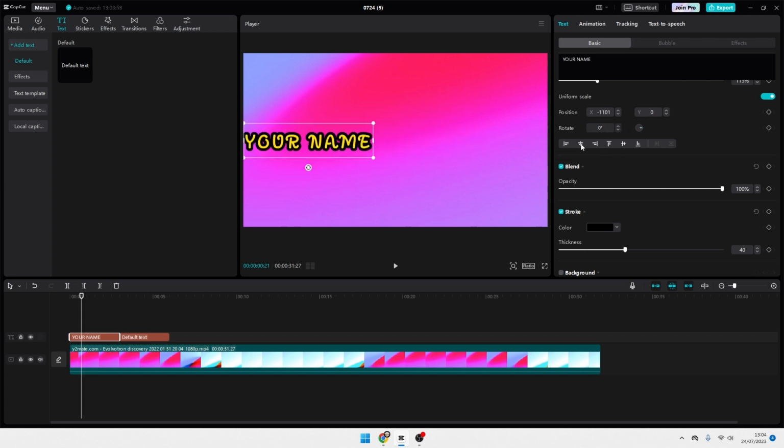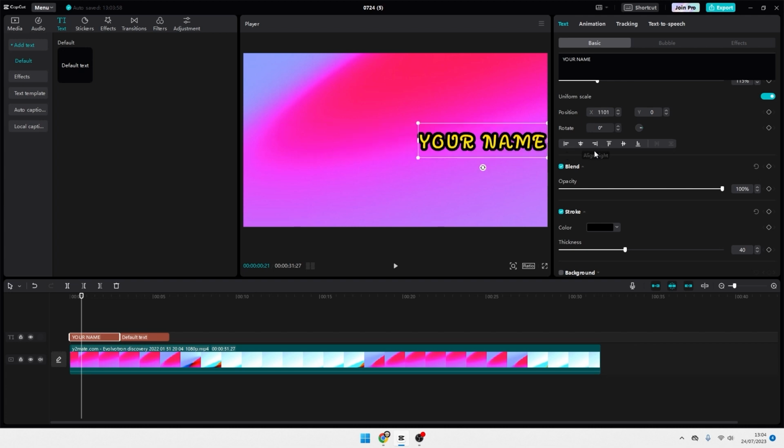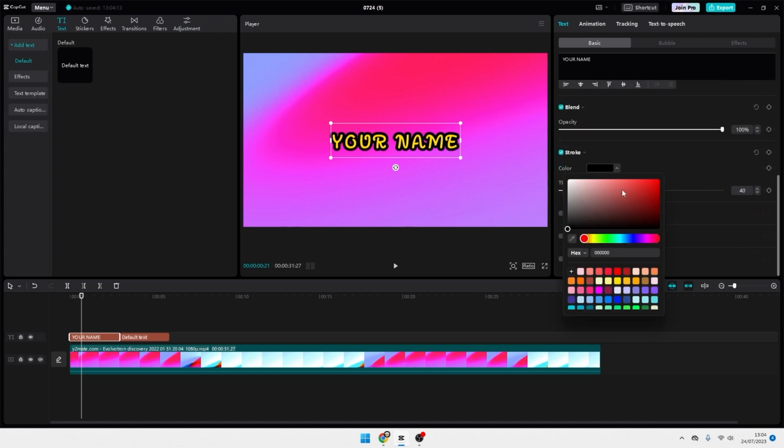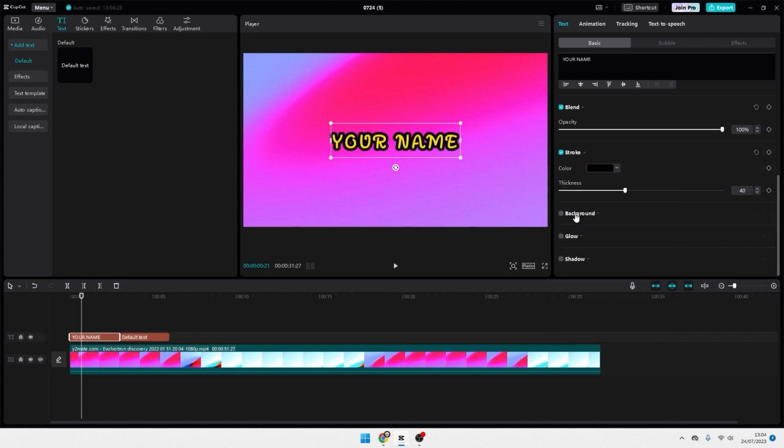We can also change the text alignment and add some other effect like blend to change the opacity of the text. We can also add stroke to add outer line or outer background to your text, and you can customize it as you like. So that's it, my easy guide on how to add and edit text on CapCut editing